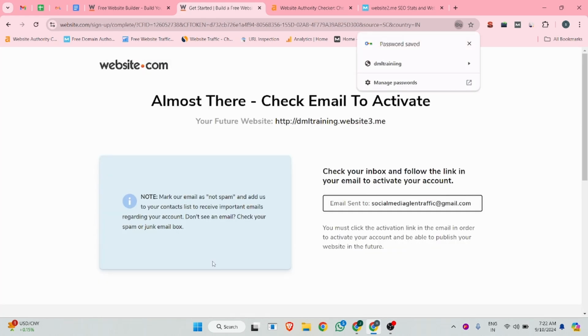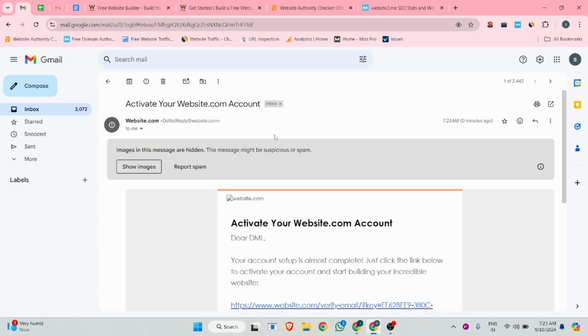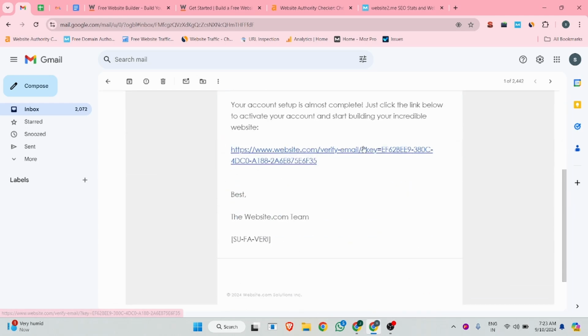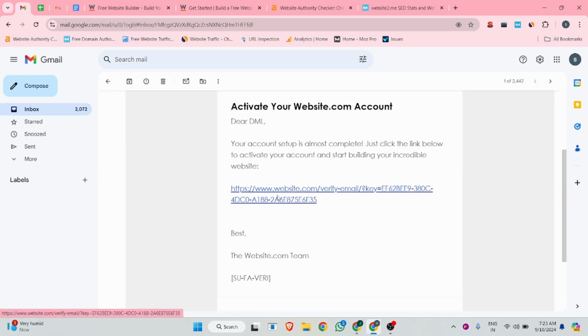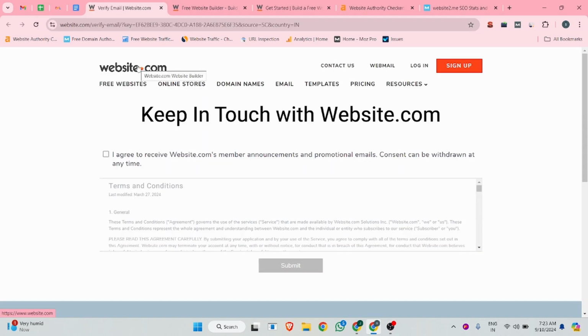Once you complete these things, the site will send you a verification email. Okay guys, I received a verification email, so you can click on this URL in the email and activate your profile. A verification email might take a couple of seconds to arrive in your Gmail box,